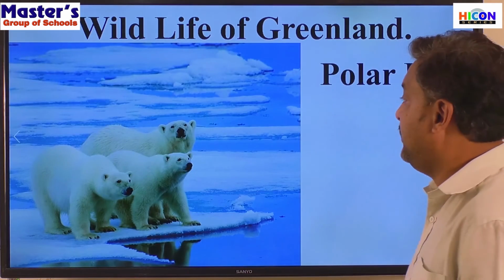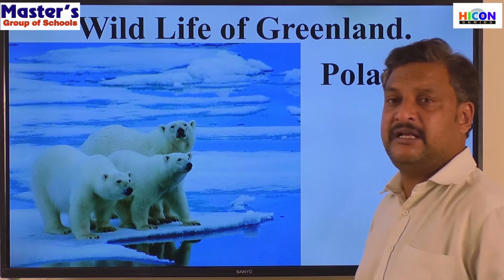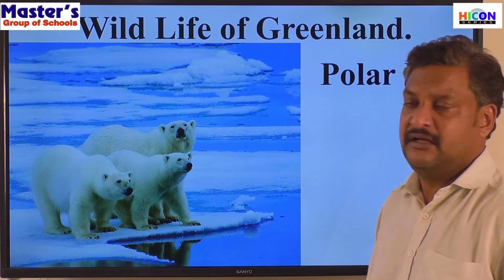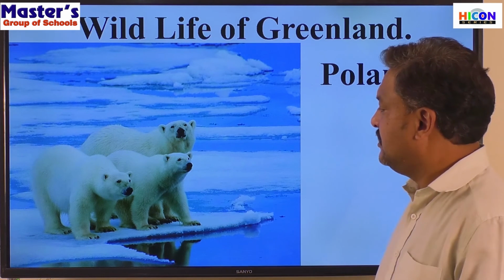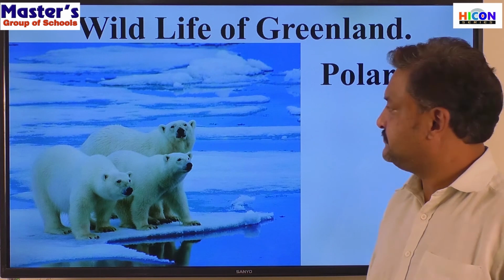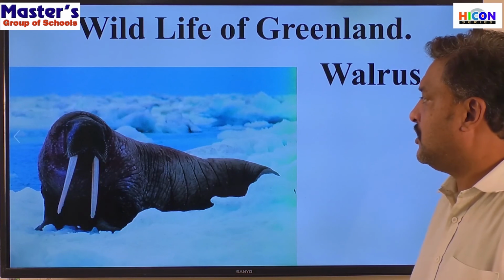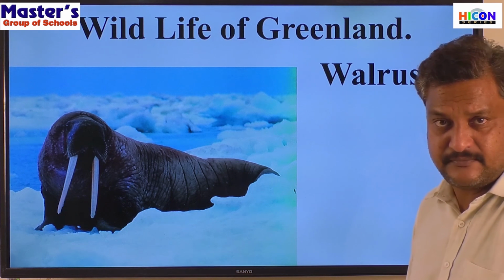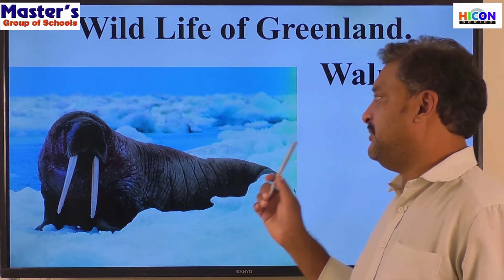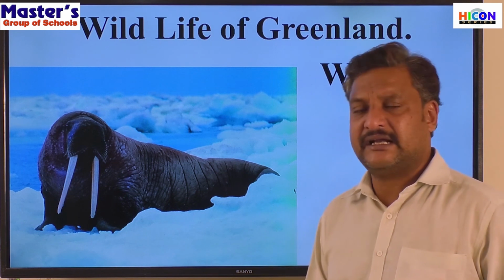Next, the polar bear. When we think about the polar region, polar bears are the animals that come to our mind, isn't it? Very huge bears with a very thick furry body. Right? Then walrus are also known as sea elephants. These are the major animals that are seen over there. Still, there are Arctic jackals there,